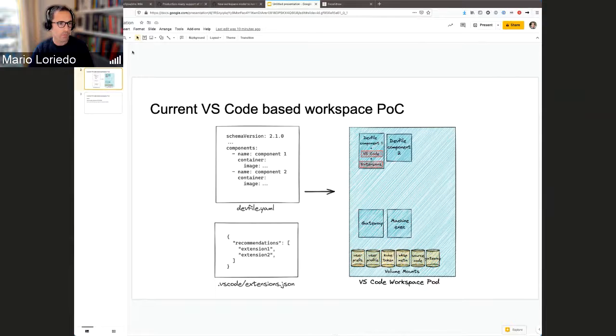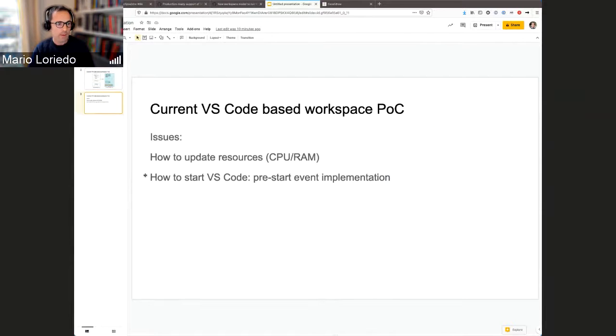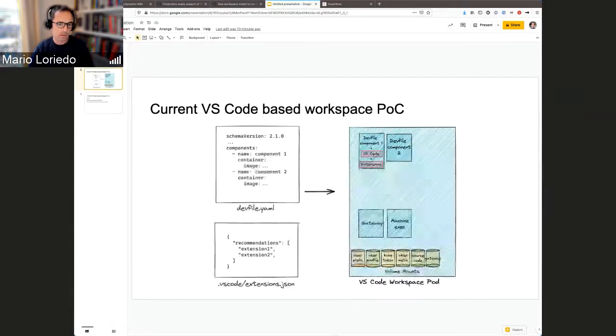So that's the first problem. And the second problem is how to start Visual Studio Code. Visual Studio Code is injected here in the dev file component, but this dev file component will have its entry point. And we cannot